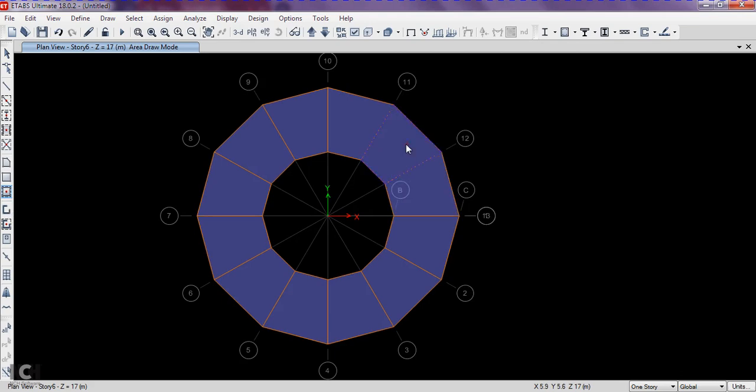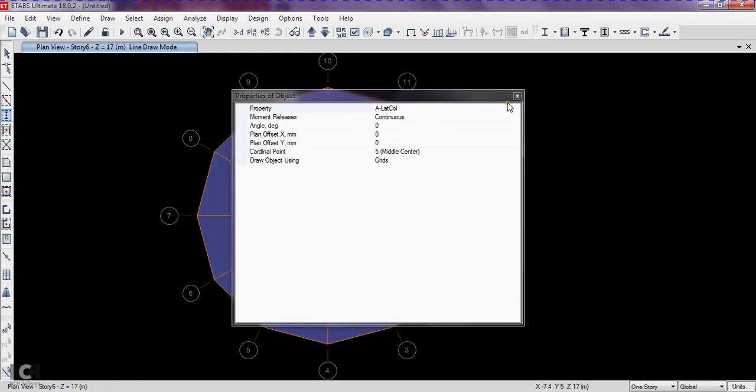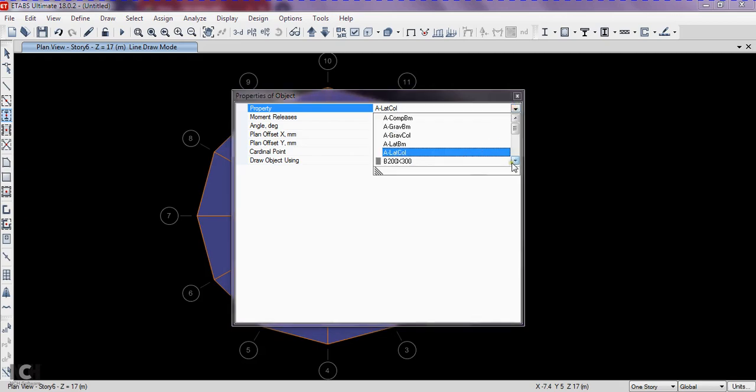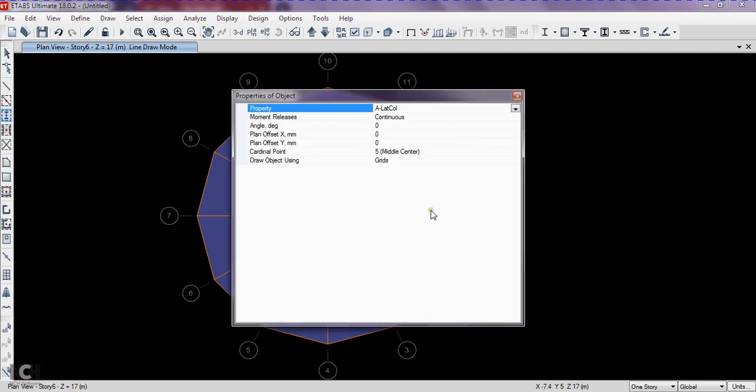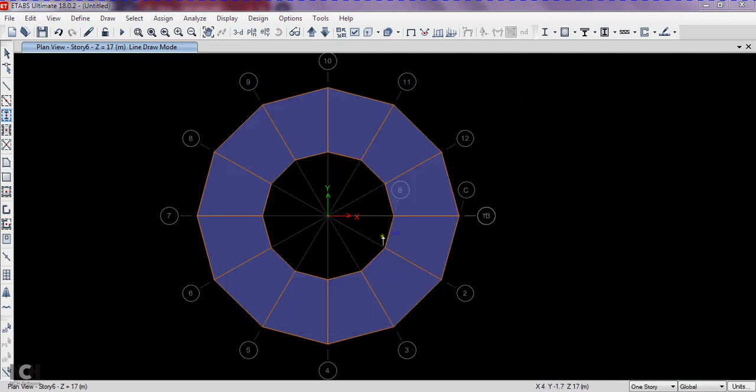Next step is to place the column. So place the column starting from the second grid. This is my first grid as well as the 13th grid. So go to quick draw column. So change this one to, okay, I don't have a circular column, I have not defined the circular